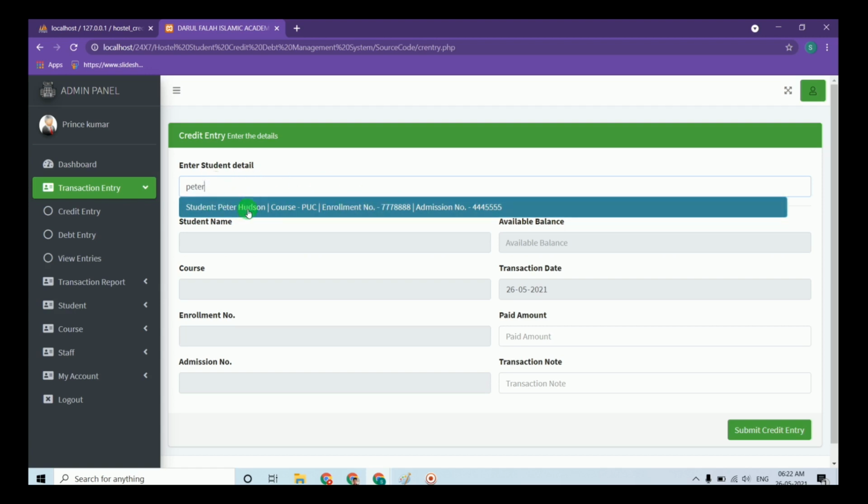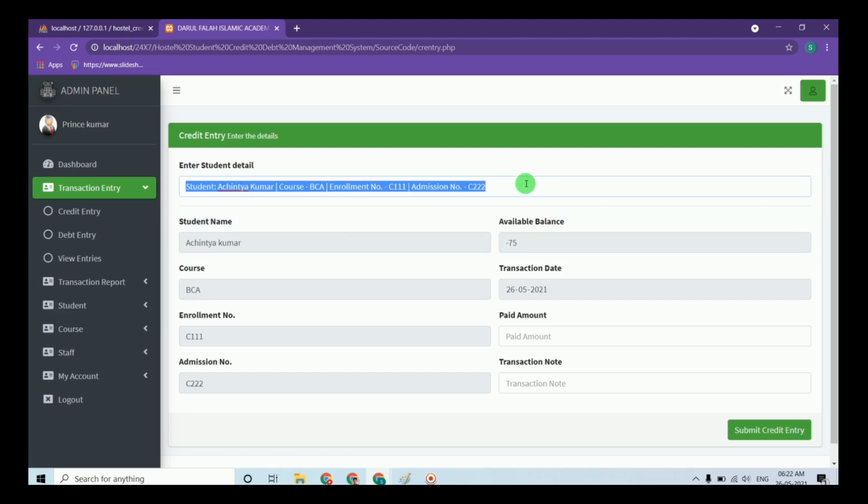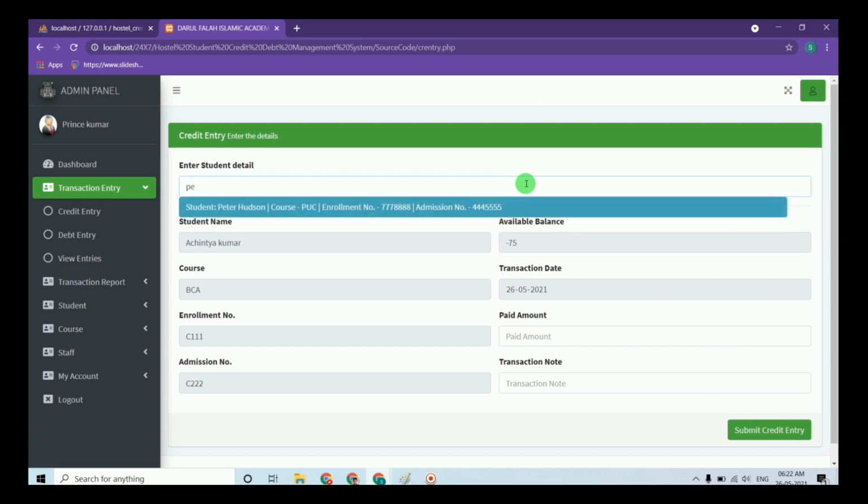Among that, you have to select the student for whom we have to do the credit entry. Now we can see there is only one student. Now let us see there are 3 students, among which we have to select any one student. Now let us make the entry for Peter Hudson, whom we have registered.